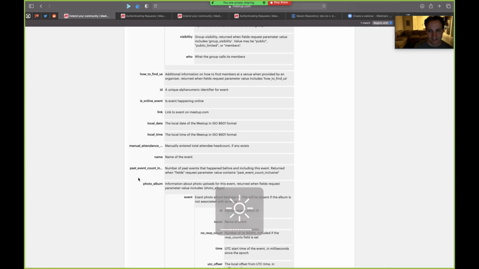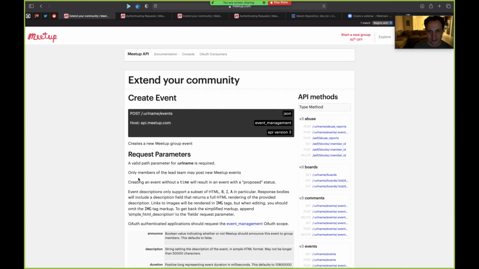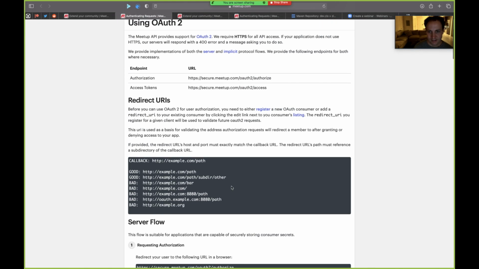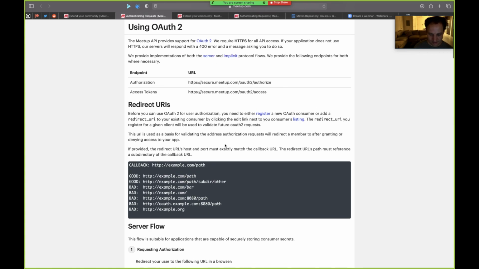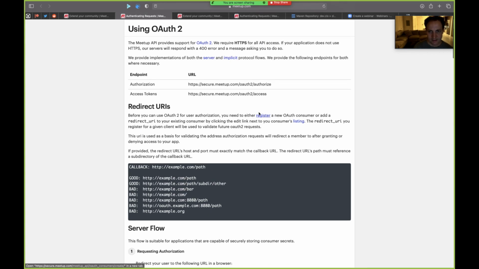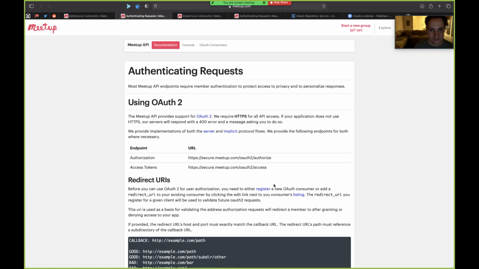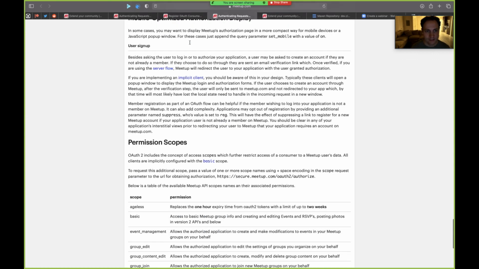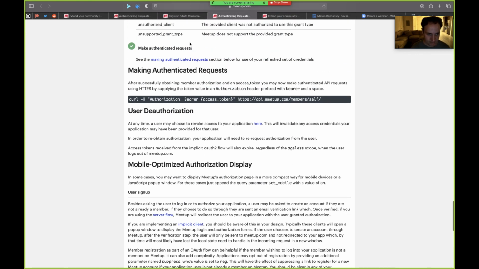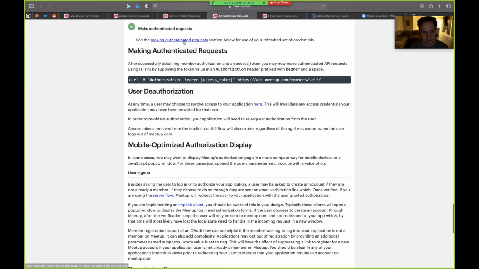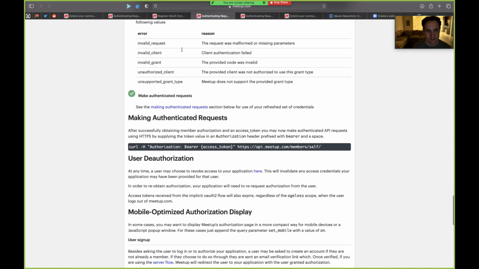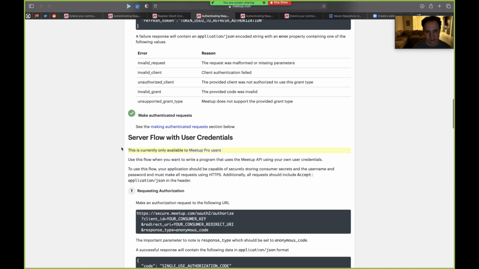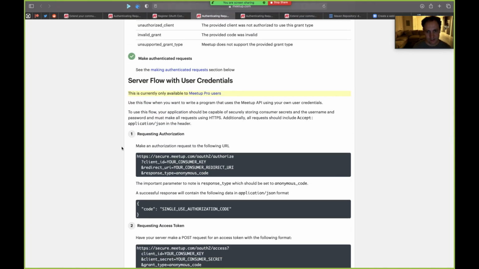Let me go to... I'm going to try to find meanwhile a way to actually get an authentication thing. So, before you use OAuth, you need to register a new OAuth consumer. Okay. So yeah, I'm just reading through their website to figure out how to make an authenticated request.